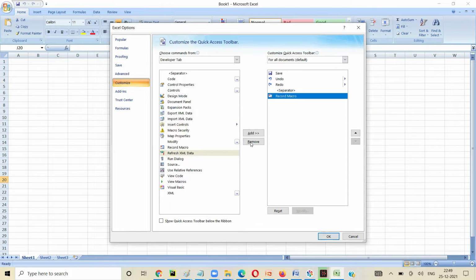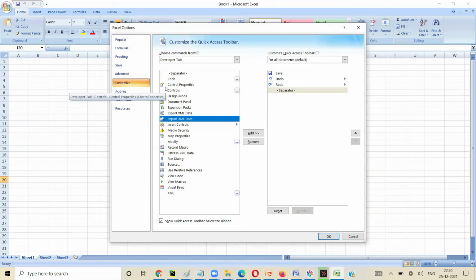I want to show quick access toolbar and... oh sorry. Customize the...